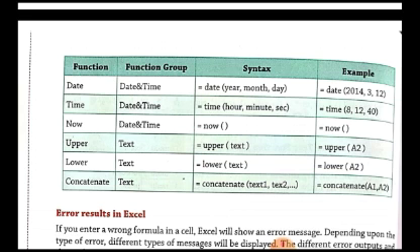Now the UPPER function and LOWER function are used for converting text into upper and lower case. You can understand the syntax. We are passing the cell reference as an argument to the UPPER and LOWER functions. Whatever value is contained in the cell referenced by the cell reference will be converted either to upper case or lower case by using these functions. Then lastly we have the CONCATENATE function. This CONCATENATE function again takes two different texts.